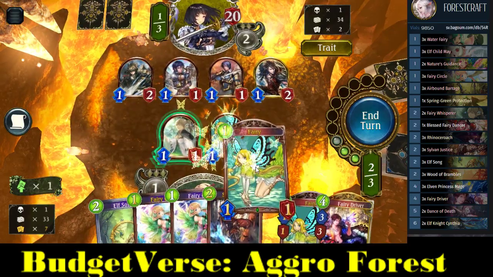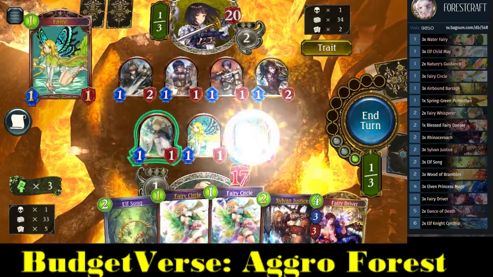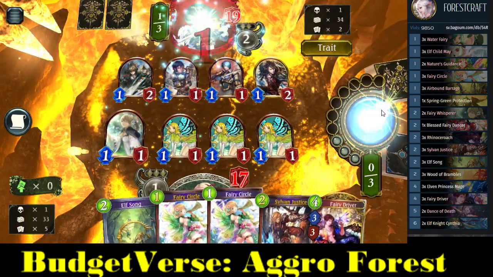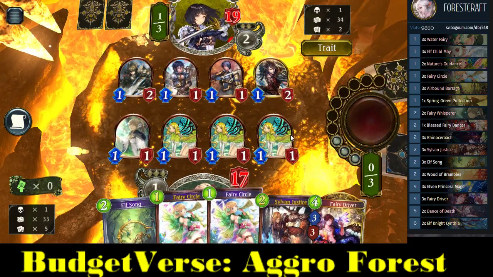Hey, let's play. Help me, fairy. Let's play. I think we make this play, we make our opponent decide, so